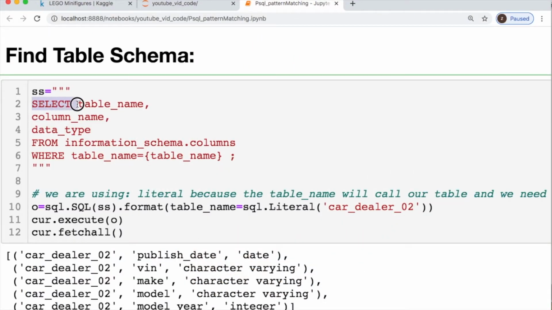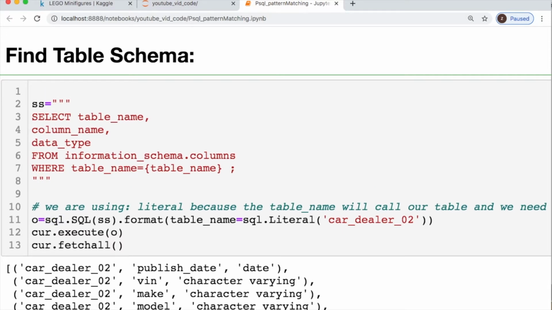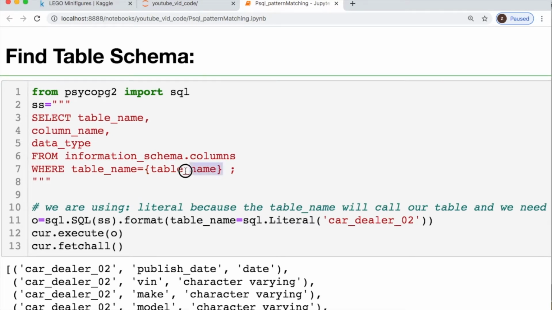And so for instance, you have to select table name, the column name, and then it's calling in your data types from the schema.column. And then right here, what's going on with these brackets is I'm using the SQL portion from psycopg2. I don't know if I imported that in earlier, but you'd have to do something like this from, and you'd have to just call in SQL. All right, that's what's going on here. And this is allowing me to do some specific formatting where I'm able to call these in as parameters. And I'm doing a formatting down here. We went over this in the previous video, but if you didn't see that, you had two distinctions.